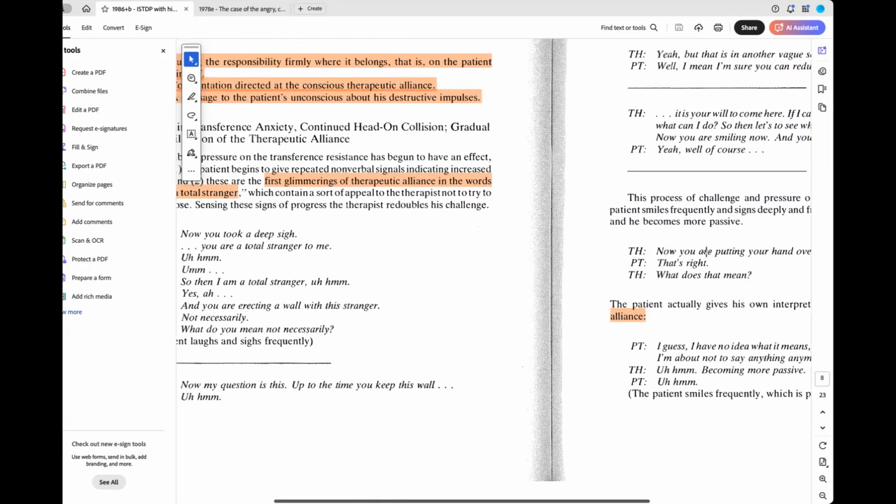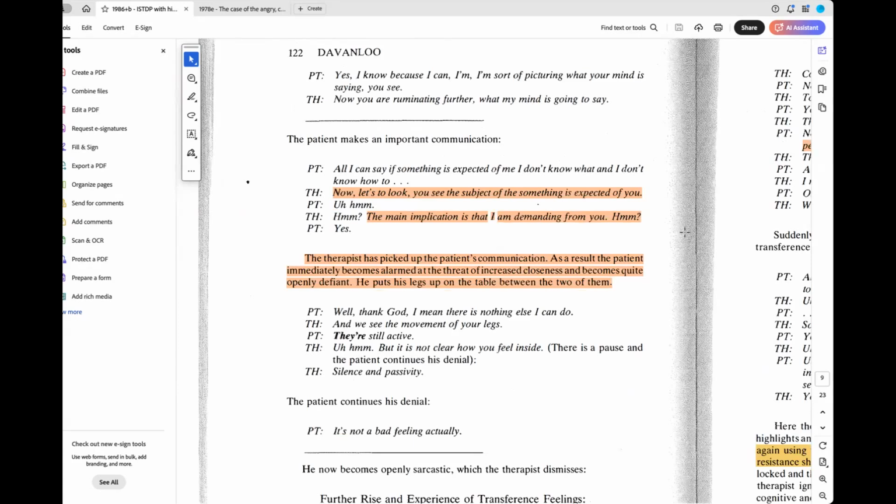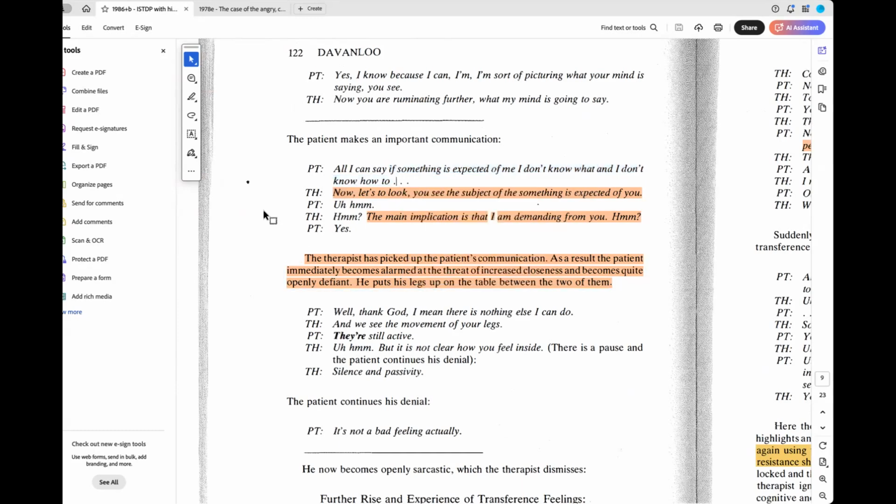Now let's get to page 122. Here, the patient says, if something is expected of me, okay? So Davanloo recognizes that this is an important communication, likely because the theme of expectations tends to be a universally charged stimulus to feelings. So there's another really important operating principle here,